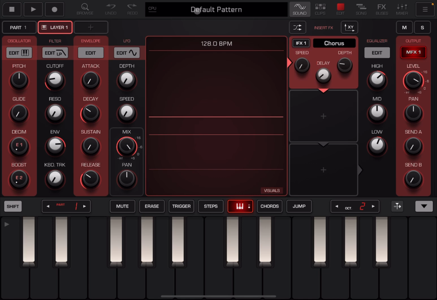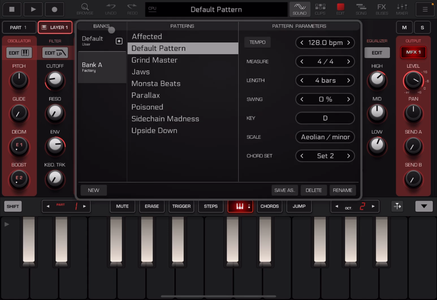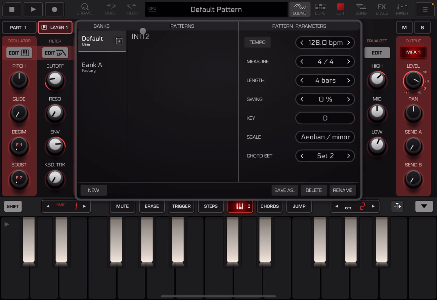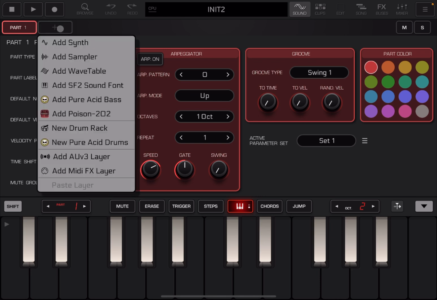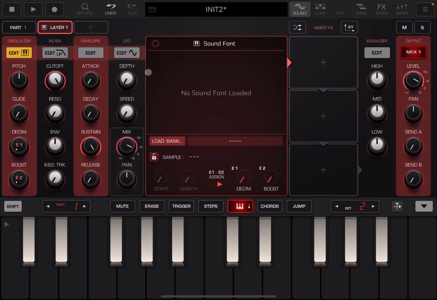Thank you again. So, let's go and create a new pattern, which in this case is an empty pattern. Today we are going to click here and hold on the plus sign. We're going to use SoundFont, or extension SF2. When you load a